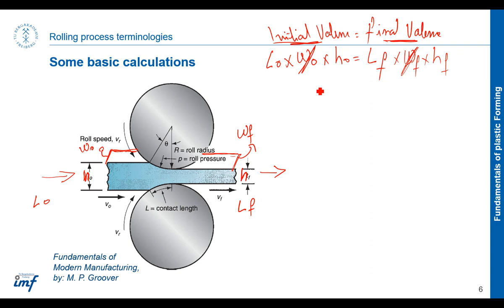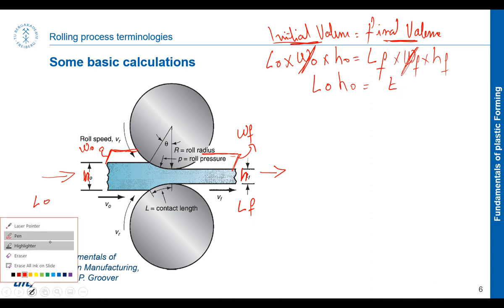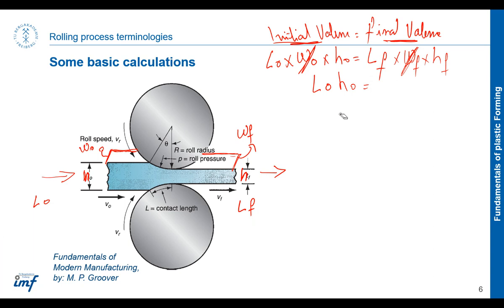So what we have is length and height, and then I can divide both terms by time, and then this initial length divided by time, and this final length divided by time, we can write it